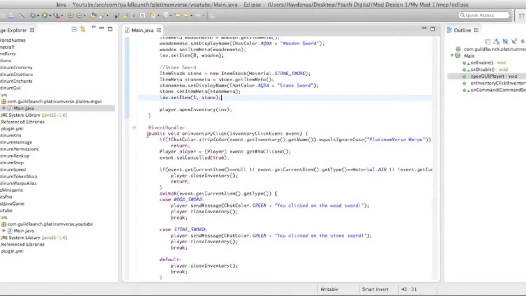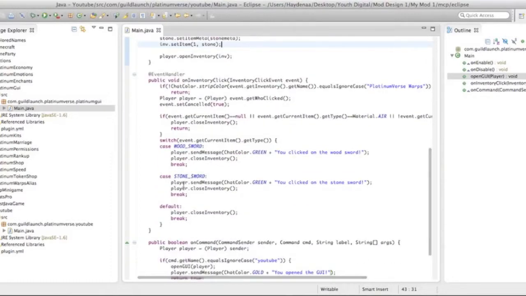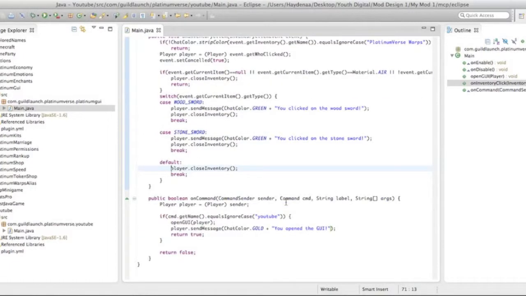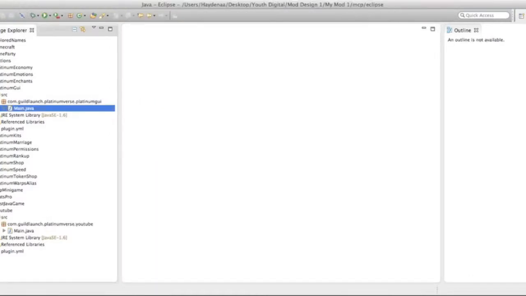So, on the inventory click, if the case is a wood sword, then it's going to do this stuff. If the case is a stone sword, then it's going to do this stuff. And it will default to closing their inventory. So, I'm pretty sure that's it. Besides, down here in our